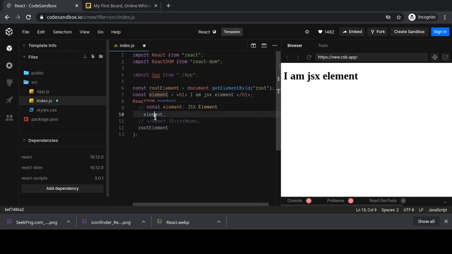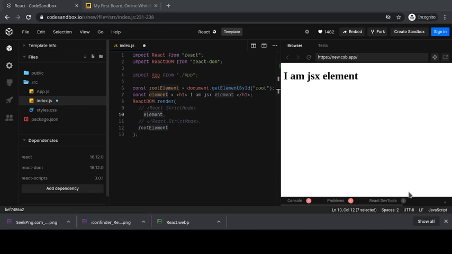I don't know why this syntax wasn't working, that React strict mode. So to use JSX directly in a render, you can create something like this: const element, and inside h1, you can use that element directly as a variable for React render. This is a basic code on how to render an element into the view.